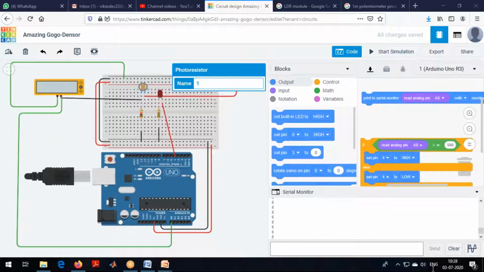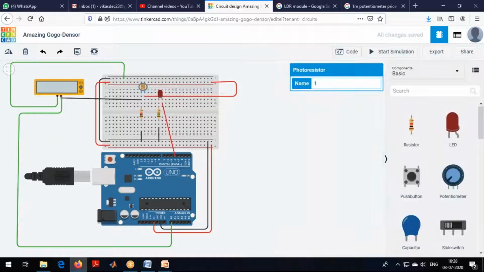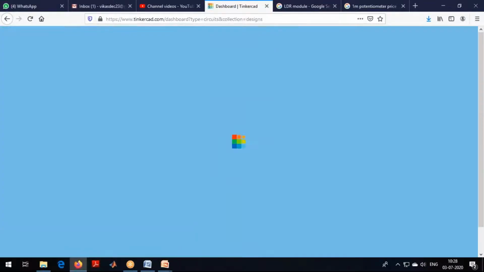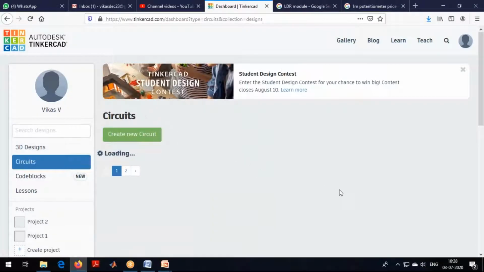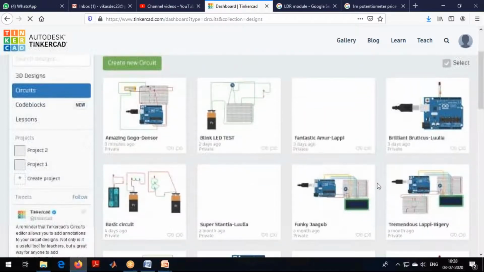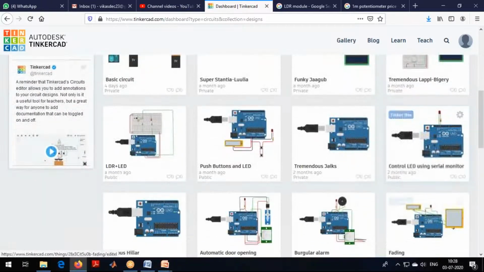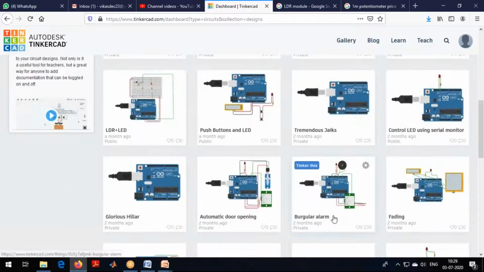In that case, for the next thing I want to show, rather than dragging and connecting everything, I'll take the circuit I have already built and try explaining it, since this is the last day and we have just half an hour more. I want you to see things directly.